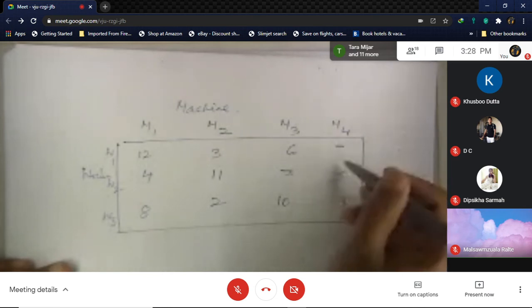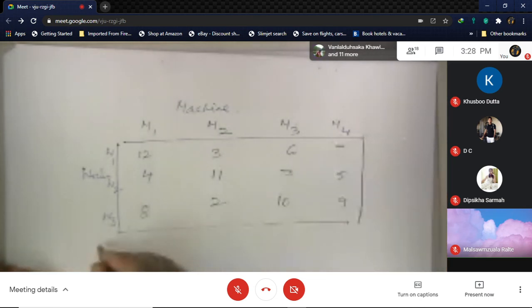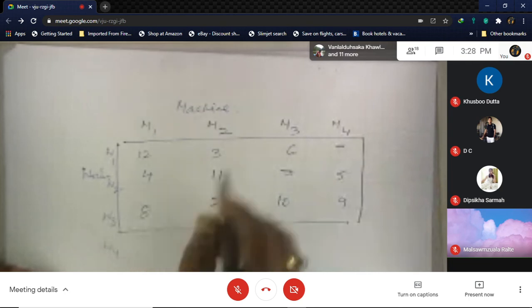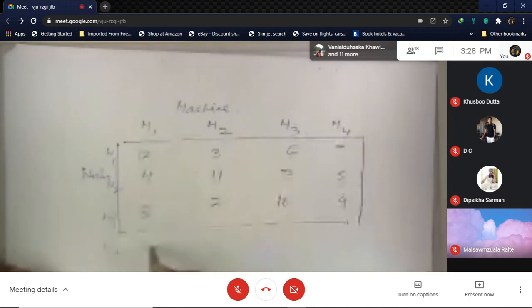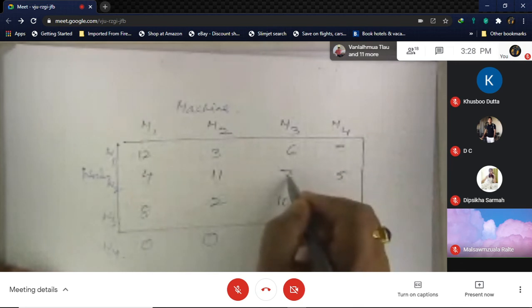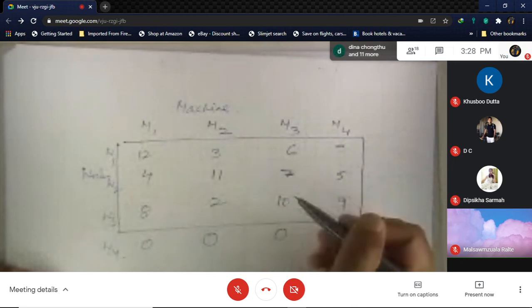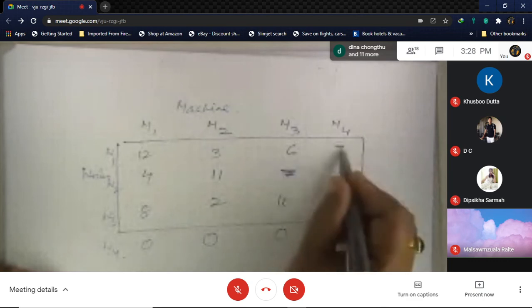Okay, so how do we solve this problem? In order to solve this problem, you have to add a dummy worker, W4. Since there are 4 machines, you put another worker out there and solve this problem. So there will be no values of 0 here, the dashes will remain as they are. Then you solve the problem.